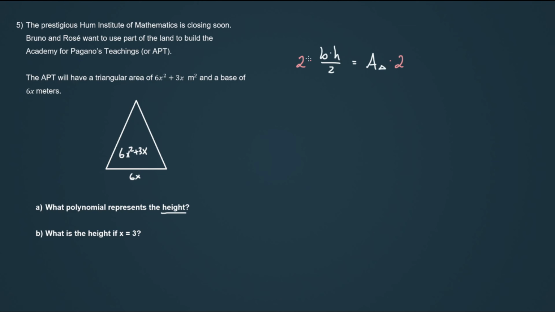And what that's going to do is, because I have a 2 here and I have a 2 in the denominator, we know 2 divided by 2 is 1. We can just cross those out, okay? And that's going to tell me that base times height is equal to area of the triangle times 2. Great. Now, we're getting a little closer to just having h on this left side, but we also have this b here. So how do we get rid of that b? Well, in this case, I'm going to divide both sides by b. Okay, and we know base divided by base is just 1, so we could just cross that out here. And that's going to tell me h is equal to the area of the triangle times 2 divided by the